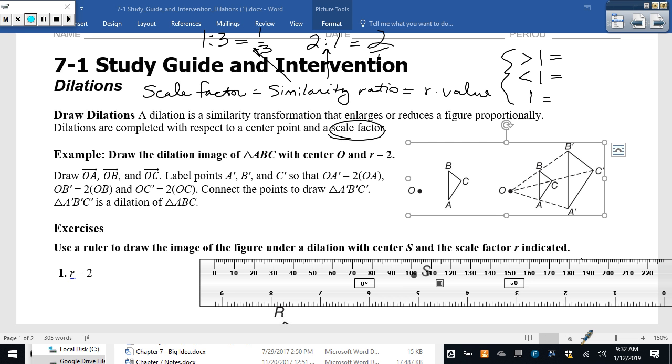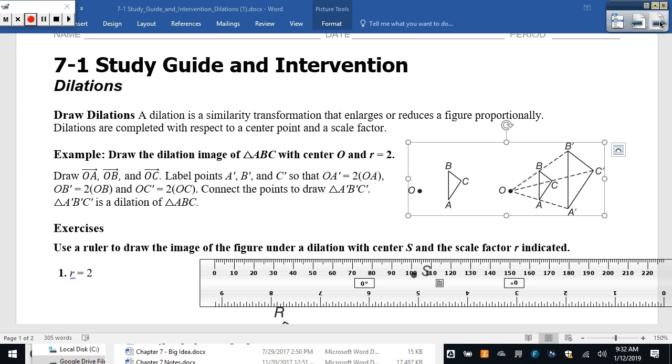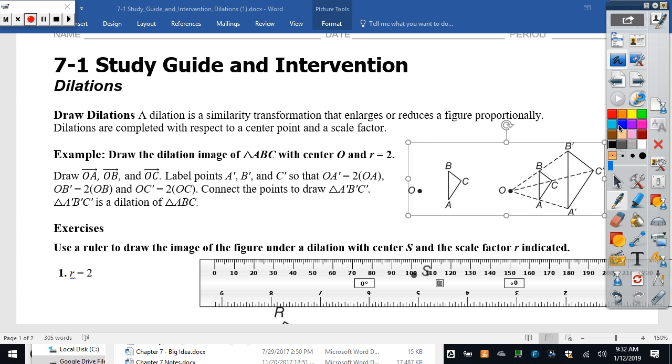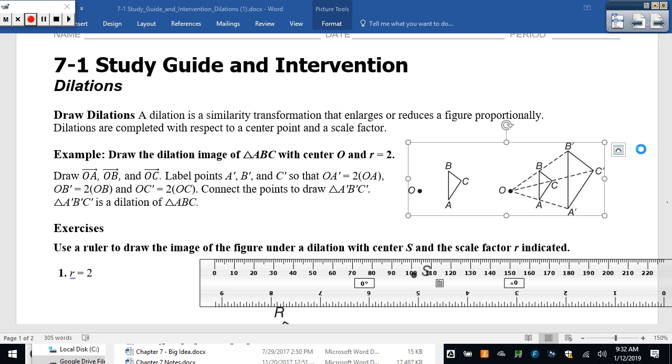Well, they're congruent in size. That's a form of rigid motion. That would be your transformation, your reflection, or your translation. Those are all the same size, they are congruent. Okay? All right, now from there, let me scroll down and let's actually do one of these